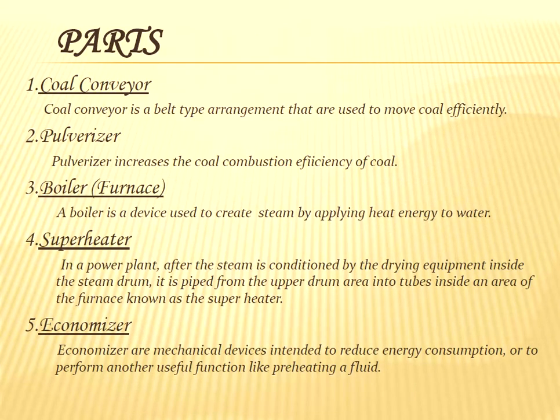So these are the different parts of the power plant. We have the coal conveyor used for transporting coal. Then we have the coal pulverizer where the coal is powdered. Then we have the boiler where the coal is burnt, and the energy from this combustion is used for heating water. Then we have the superheater where the steam is further heated, and more energy is added to the steam